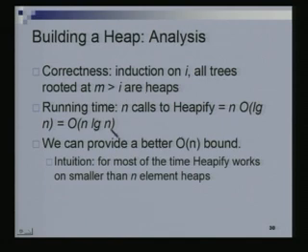A simple minded approach to the running time computation would be as follows. There are n calls, or n by 2 calls, that we make to the heapify procedure. Each one of them, we saw in the last class, takes in the worst case order log n time. So, the total time taken by the build heap procedure is n log n. But we said the build heap takes order n time, and we can actually prove a better bound of order n. The intuition for this is that most often we are doing the heapify procedure on heaps which are very small, and let us see what this really means.